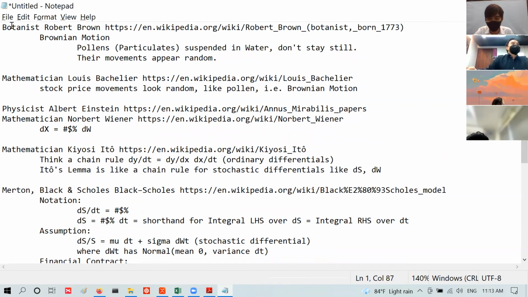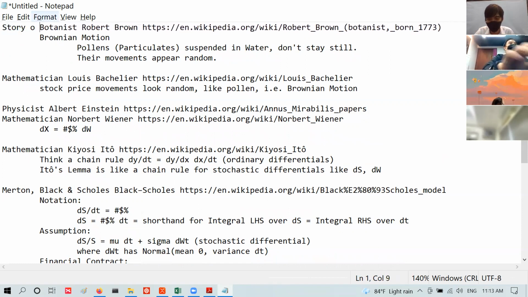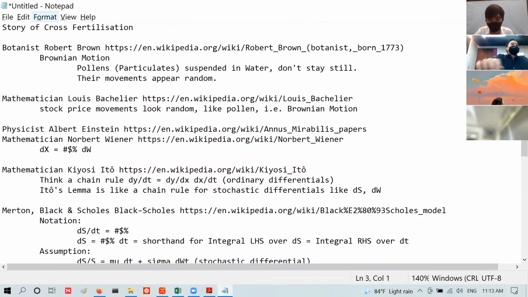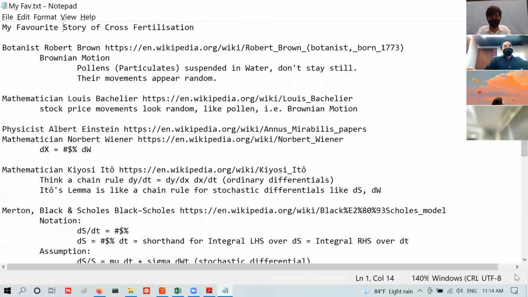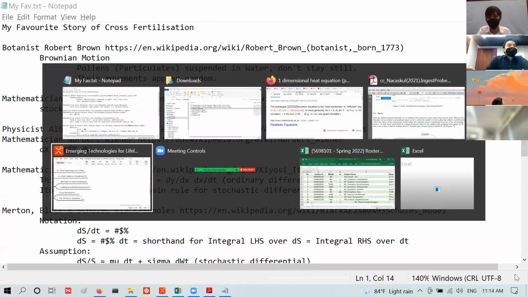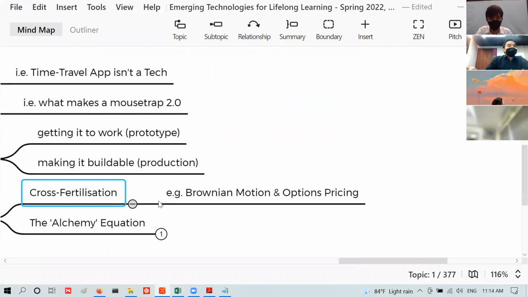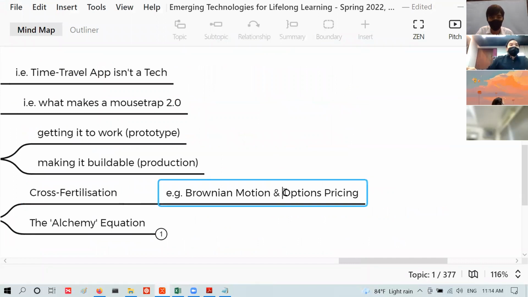So I'll call this the story of cross-fertilization. Okay. This is my favorite. So that is today right here, cross-fertilization. This is a story of Brownian motion, option pricing, let's say,